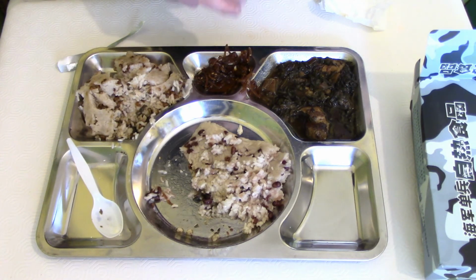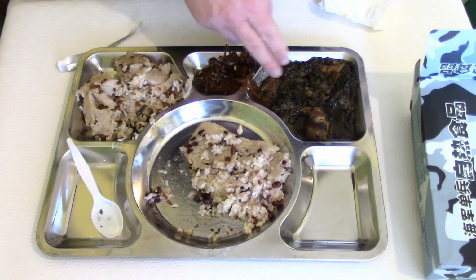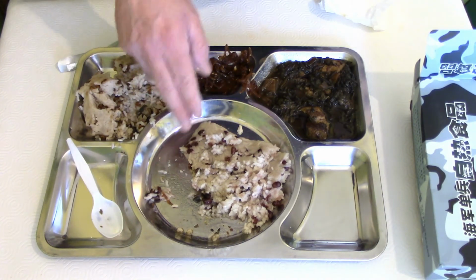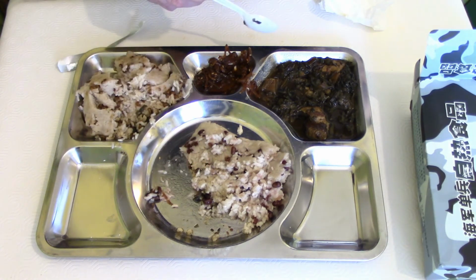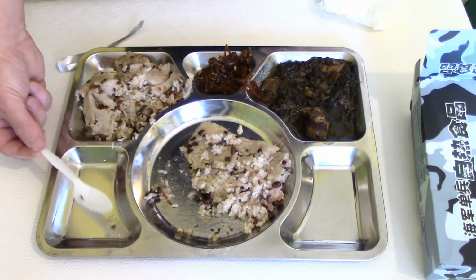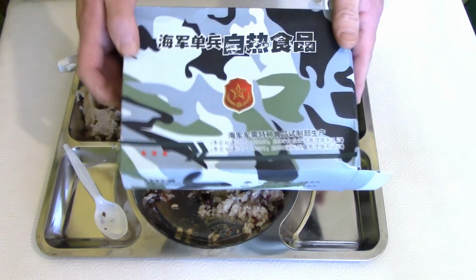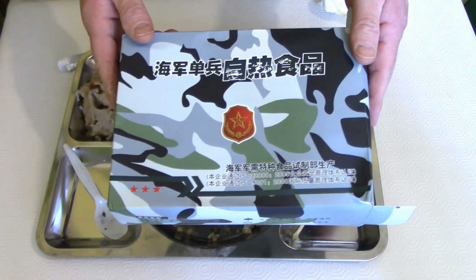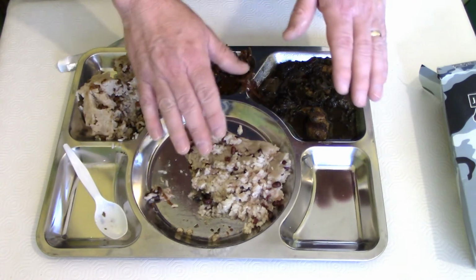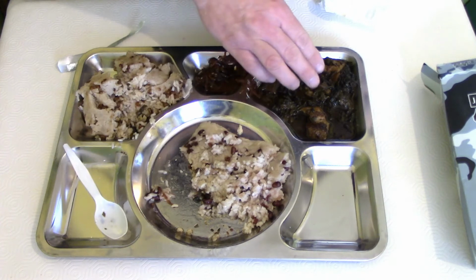The pickles, they are a salty, slightly sweet, very mild pickle vinegar background, very flavourful, both when added to the mains, really lift these rices. So, would I have a Chinese naval self-heating meal again? Yes, I would. When I first started eating those rices, I thought very bland, but in combination with the sauces,